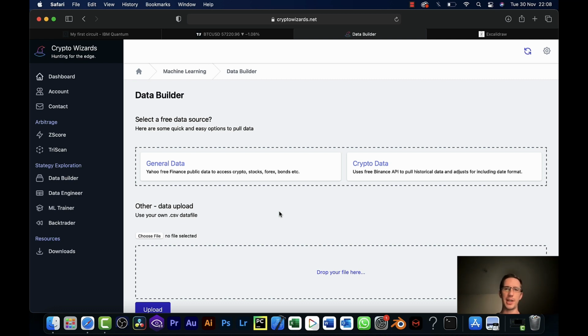You can pull data from Yahoo Finance or Binance or whatever, and you can add in any transformations or put it through machine learning or put it through backtesting. There's loads of videos on YouTube, etc., that can teach you this kind of stuff. And I'm even looking to put together a course to consolidate all that. But for the time being, let's just go with a platform because it saves us time.